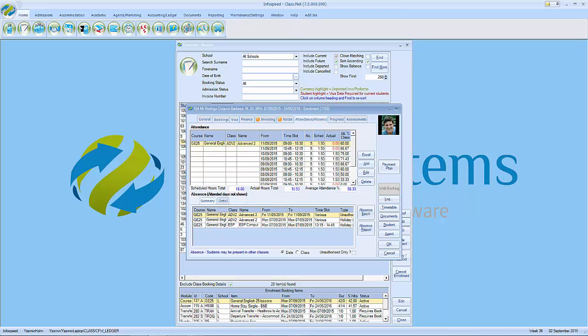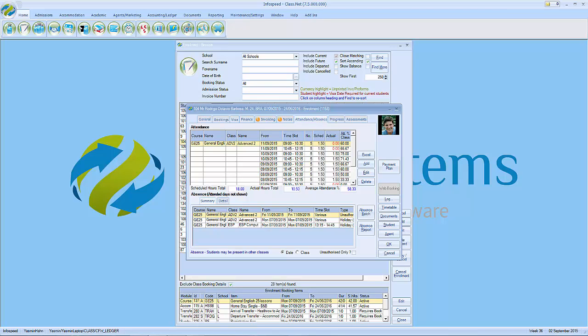Here on the right hand side you can add, edit or delete attendance information, and typically this would be done on a weekly or daily basis, and as a direct result of the figures produced you can then run reports which will highlight which students are failing to reach the required attendance for any given period, and I'll show you